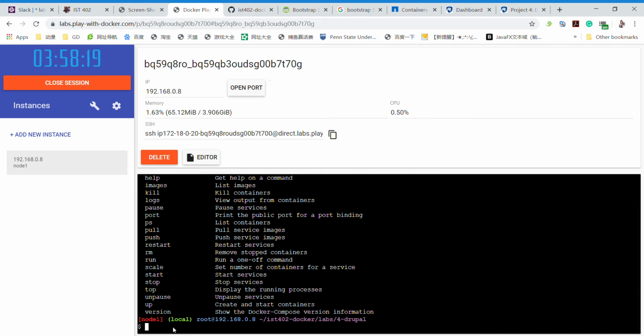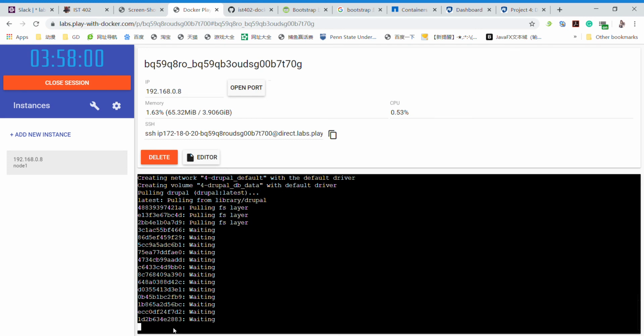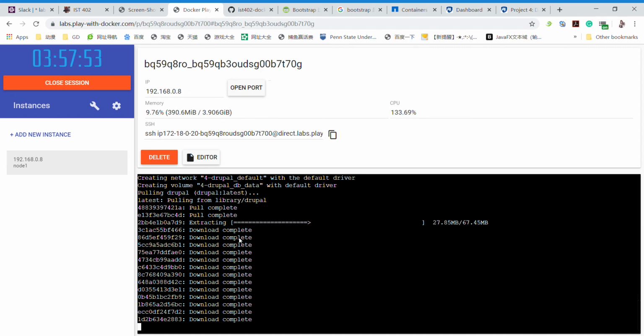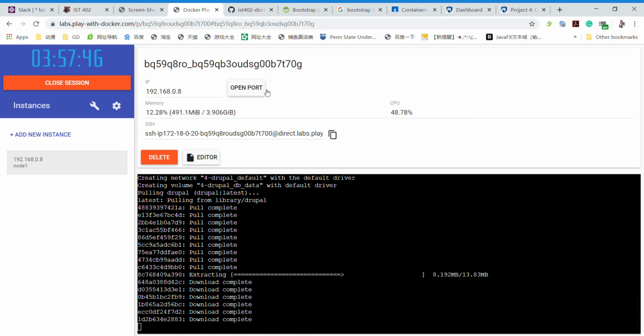Okay, and after that, we can run this configuration file by using docker-compose up. It usually takes a few minutes to complete. So if you fail or have any problem with it, there is another way, by clicking